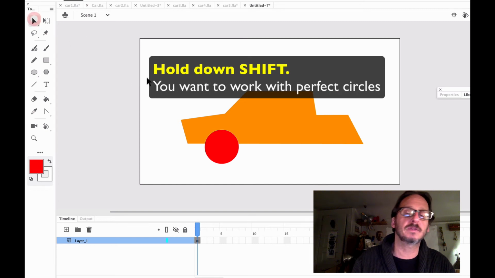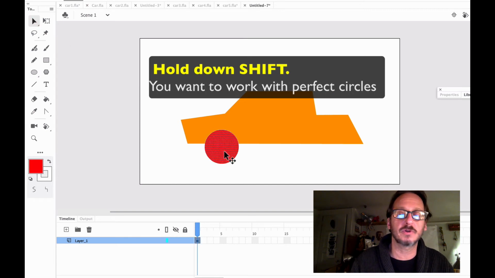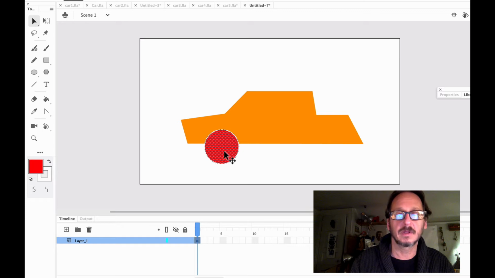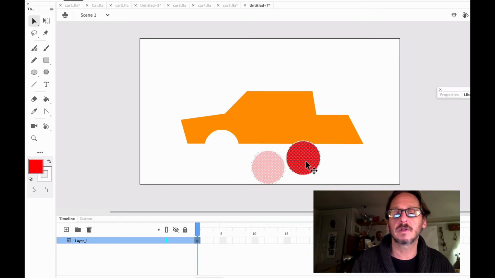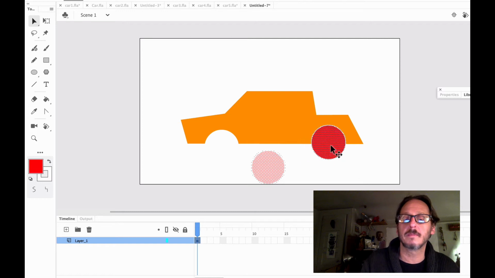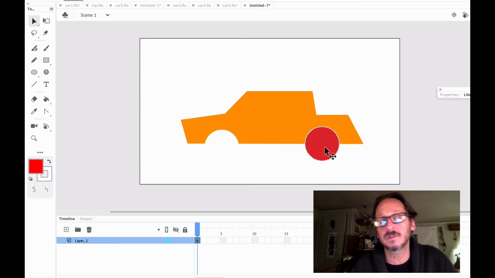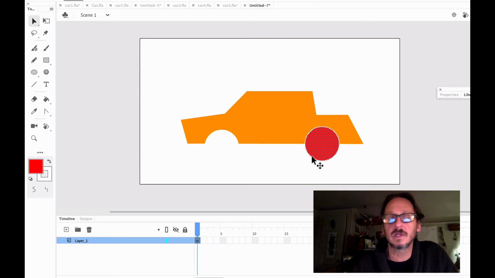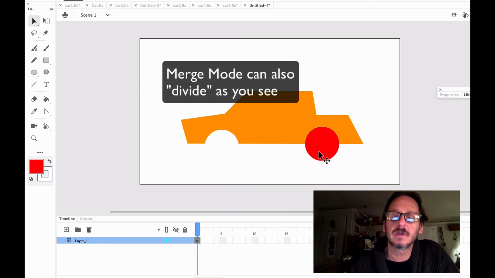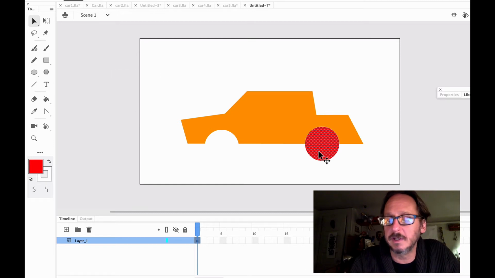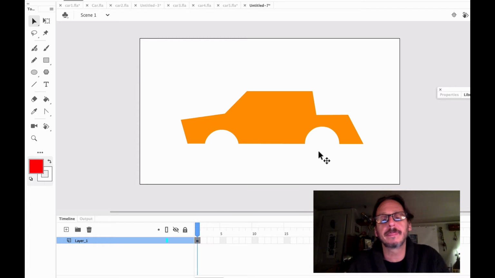Once that worked, get the black arrow, click it. If there's a stroke on it, double click it and drag it away. All right, that's perfect. This is one of the other virtues of merge mode. So we're actually taking pieces out like we did on the first day. I dragged it over here because I'm going to want to click off, come back. Now it's also merged with the orange car there. So if I delete it, off they go.